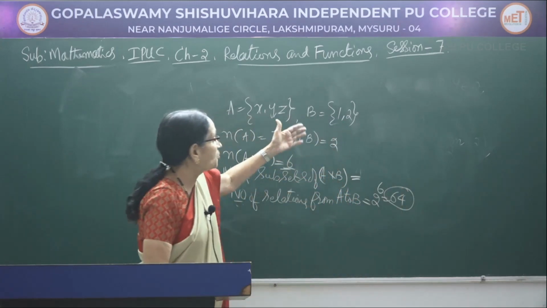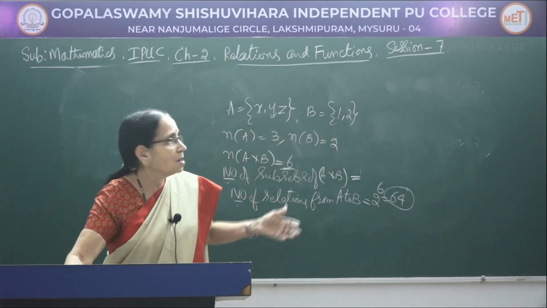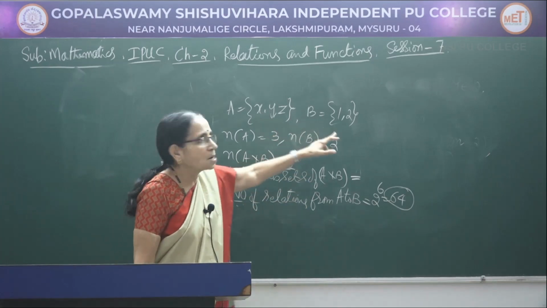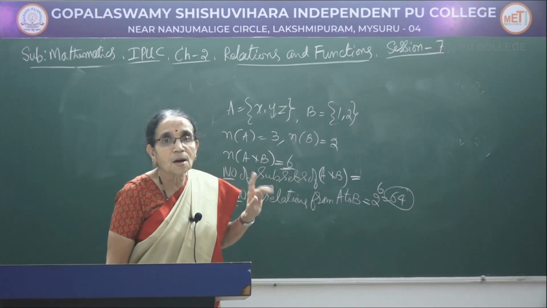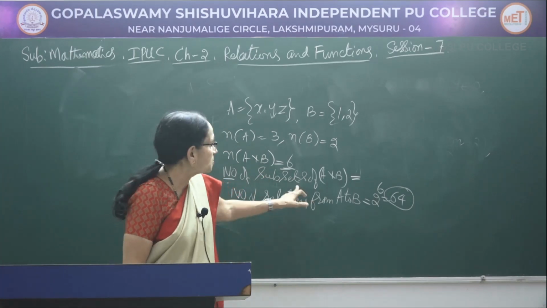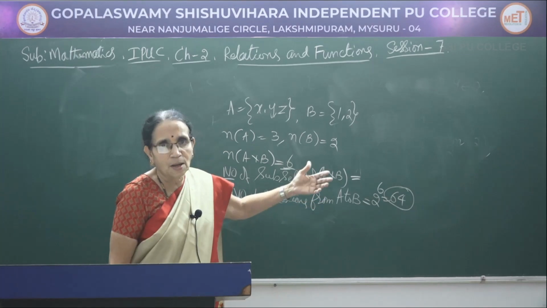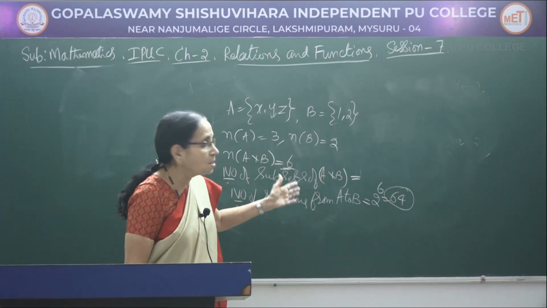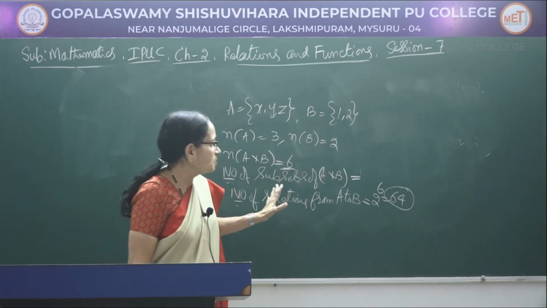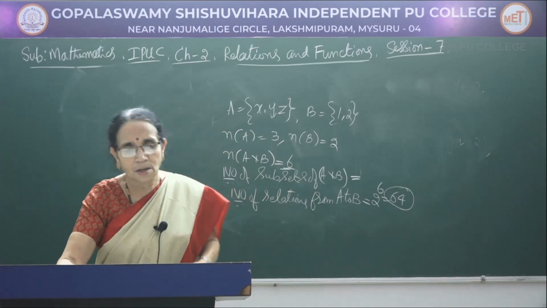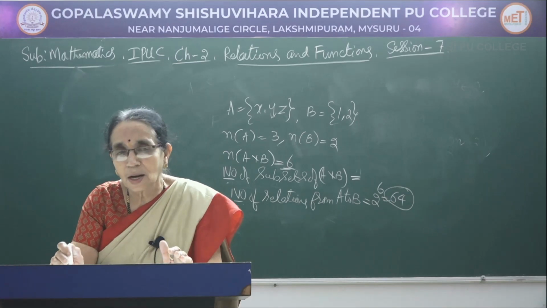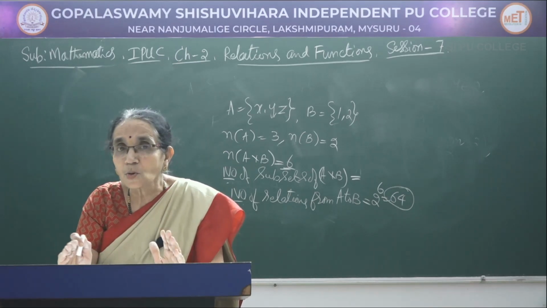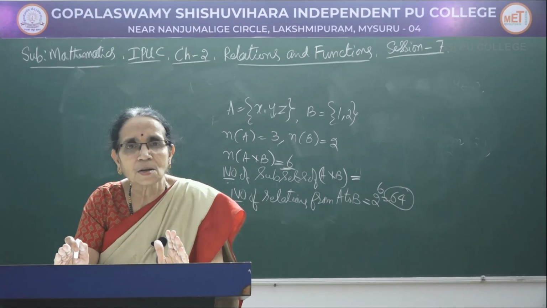If the number of elements would be more and more in the set, suppose this contains 4 elements, that contains 3 elements. Altogether how many will A cross B have? 4 3s are 12 elements. Then how many subsets would be there? 2 to the power 12. So 2 to the power 12 would be the number of relations also from the set A onto the set B. So when it is an indirect question to write the number of relations, you have to know that one. When you know the definition of the relation, certainly you can answer the question.